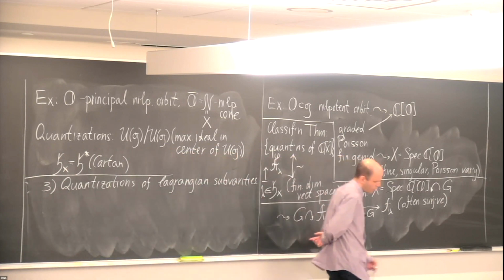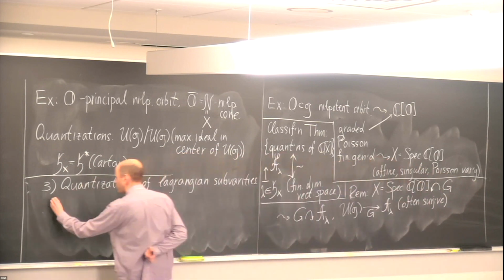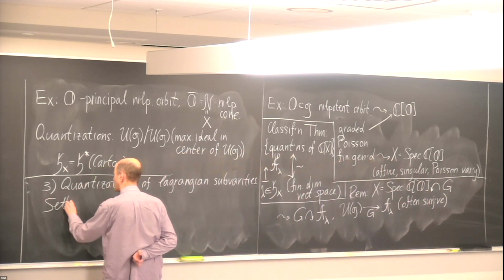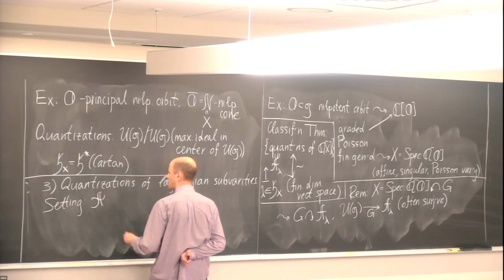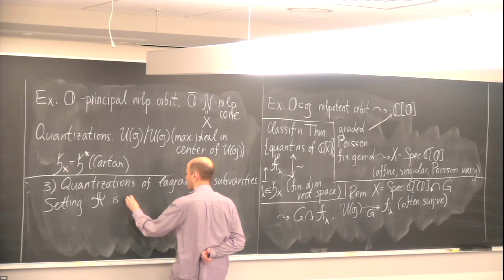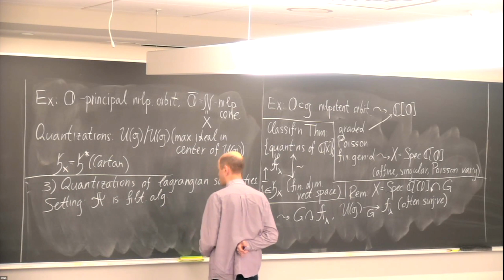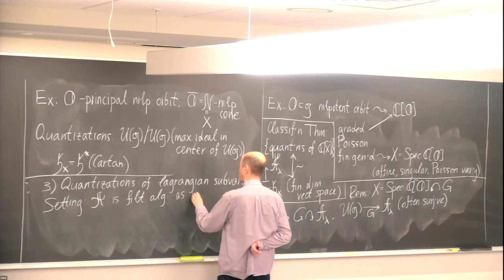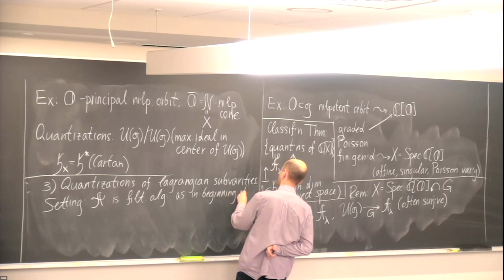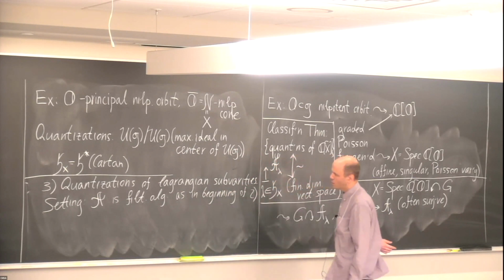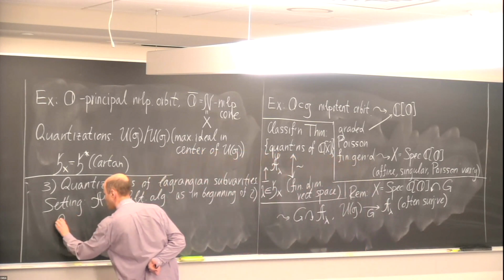So for this, let me introduce some setting. My A here is a filtered algebra, as in the beginning of section 2. And I want to come with an additional structure. The structure we call theta